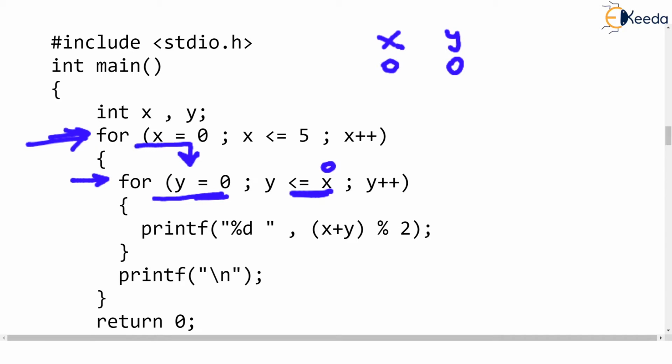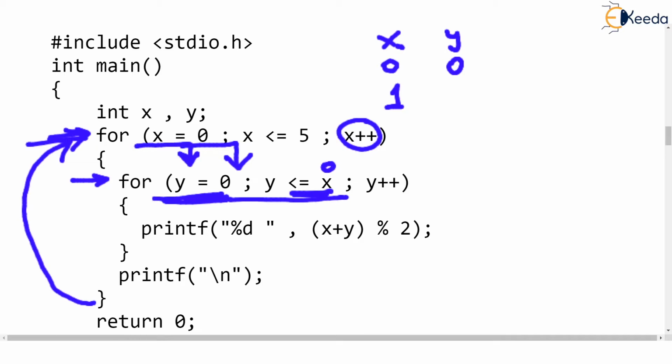Okay? Now have a look at the outer loop again. The outer loop says x should increase by 1 every time. So x will become 1. Fine. Now what happens when x becomes 1 is the inner loop will again count y from 0 up to x. But x is 1 this time. As x is 1, y will count as 0, then 1. So when x is 1, y is 0 and 1. So the inner loop will repeat 2 times. That is, the loop for y will repeat 2 times when the value of x is 1.